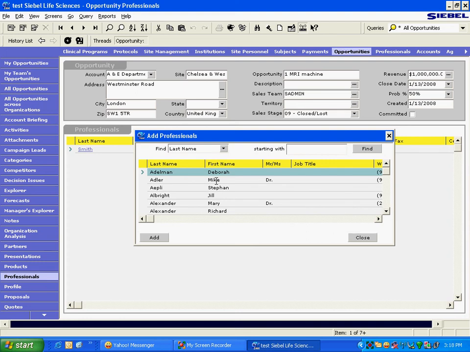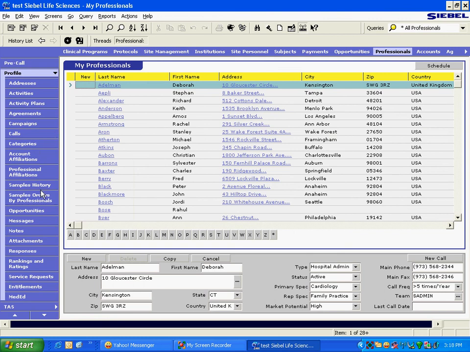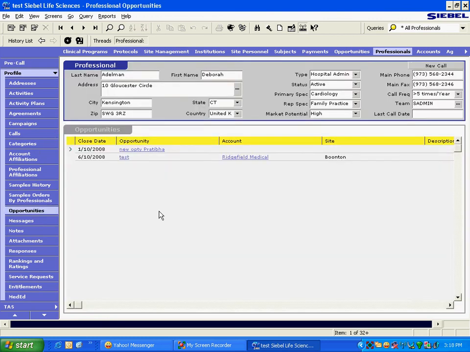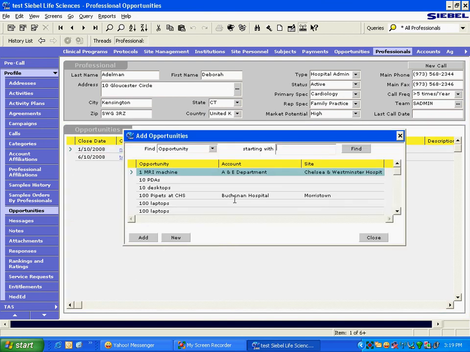We were analyzing the requirement, and at that point we determined that in this view, the professional opportunities view, out of the box, when a new opportunity is being added to be associated to a professional, the rep sees all the opportunities. We all came to the conclusion that this pick applet has to be changed; there should be a filter here. What filter should be put in place here is the question. This is the standing question at this point.